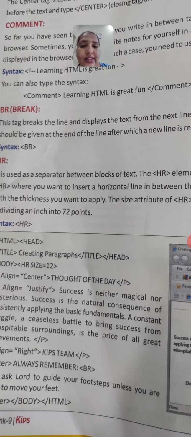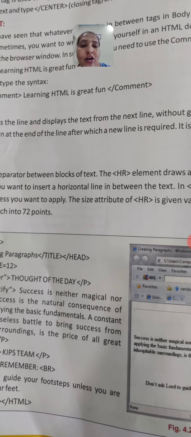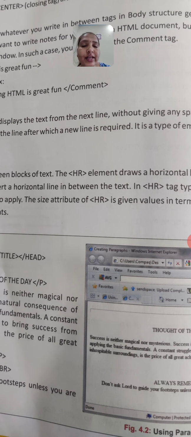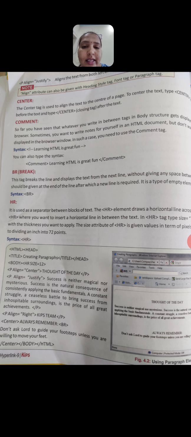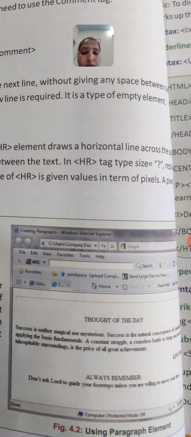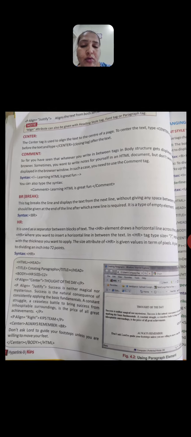Then we can move to the next tag, that is HR, a horizontal line. See here, this is horizontal. For example, consider this image. See here how the statement is. All the statements are horizontal. There are no vertical sentences given in the picture. To write like this, we use a code called HR.